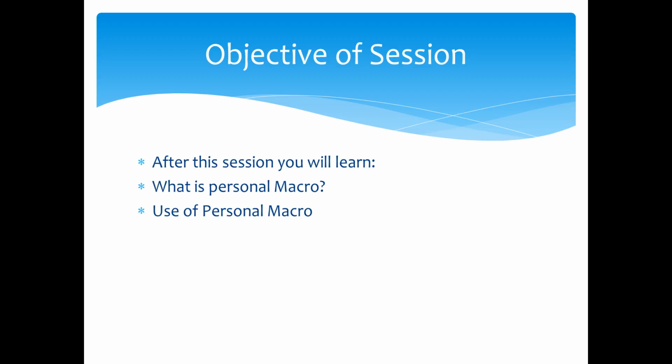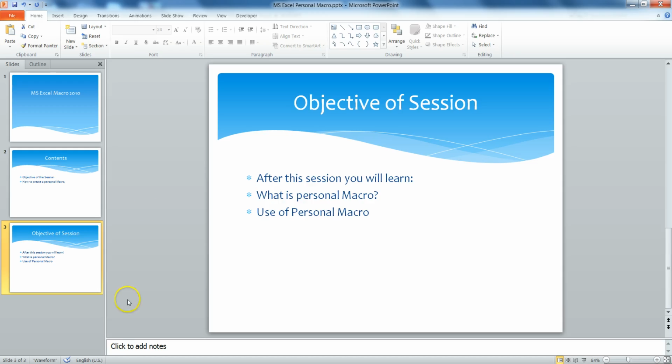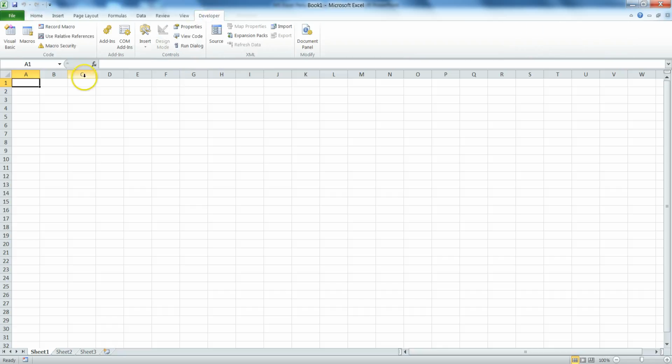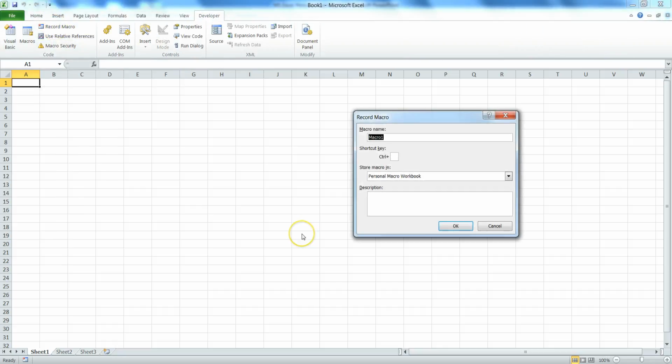To get started, we will go to the Excel workbook. Here we will start the activity with recording. For that, just go to the Developer tab and click on Record Macro. Now we will give it a name. Here I am naming it convert to million,